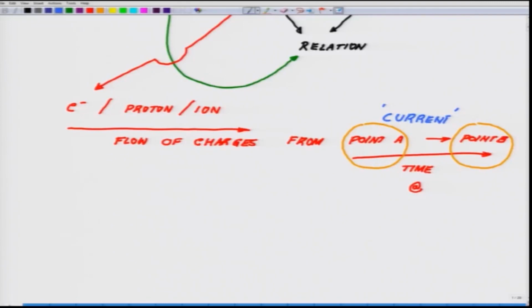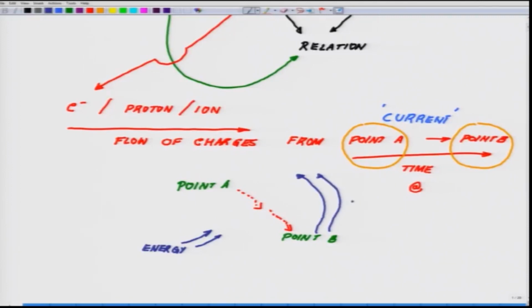Okay. So, unless otherwise point A is sitting at a higher potential as compared to point B, there is no way that the charge will be drifting like this, unless otherwise you give extra energy into the system where you can make a charge flow in the reverse direction, but that needs an extra effort,